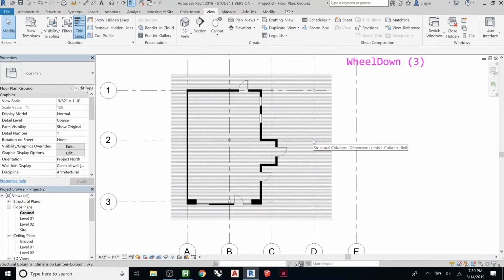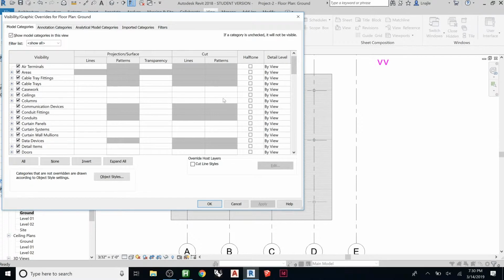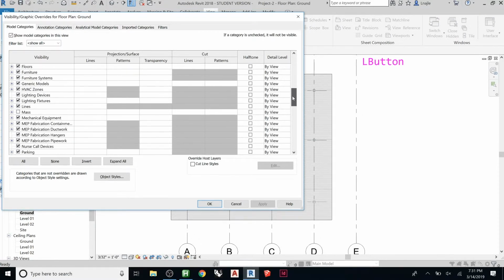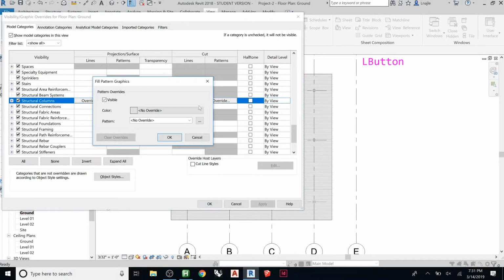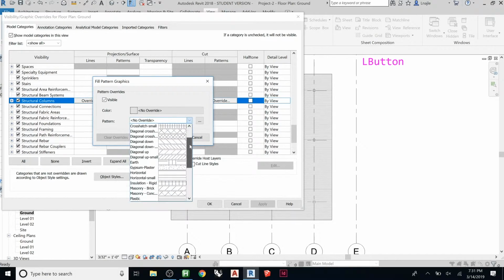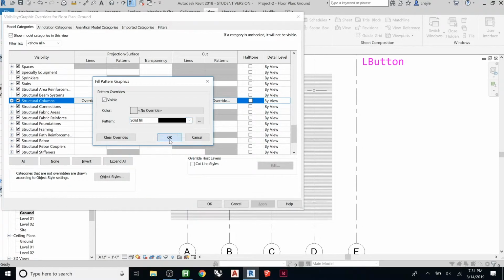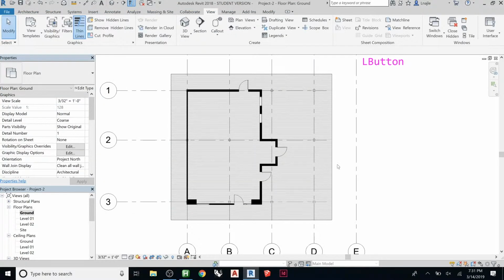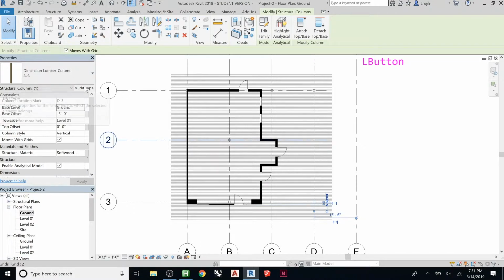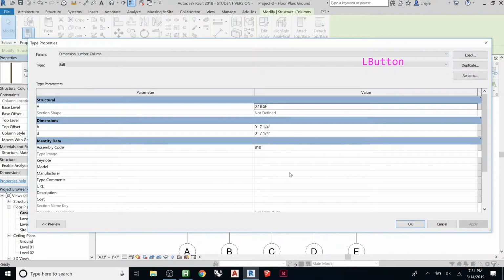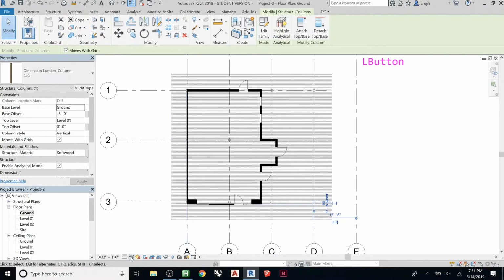So first step is, okay, it's a structural column and it says dimensional lumber, so I'm going to go to my VV and find structural column here, and I'm going to go to patterns, override, and then I'm going to make this one solid and hit OK. And I've accepted it, but nothing happened. And so sometimes elements have different properties dependent on how the detail is set. So remember this